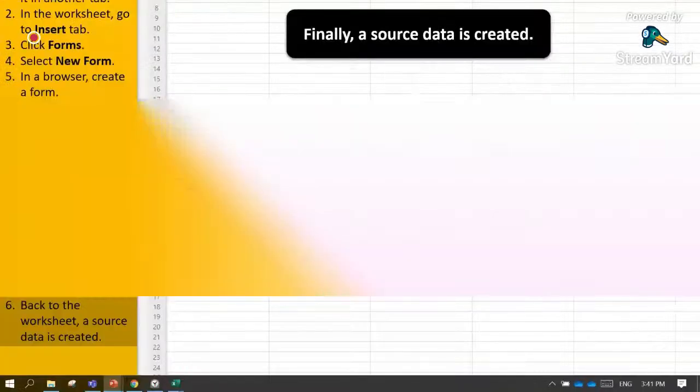This will now be our source data that will be used in applying the three features that I am going to introduce later. We have the pivot table, pivot chart, and slicer, which are features to be used in analyzing data, or lots of data.